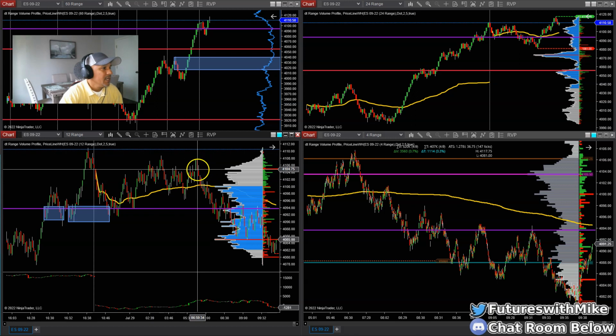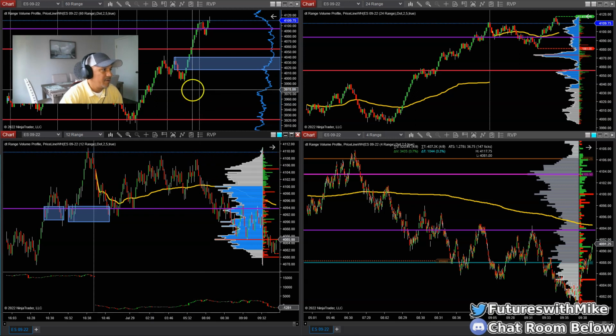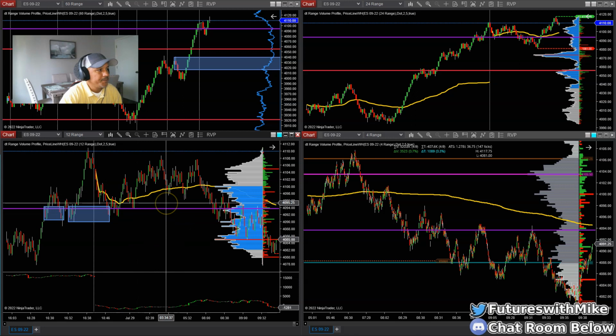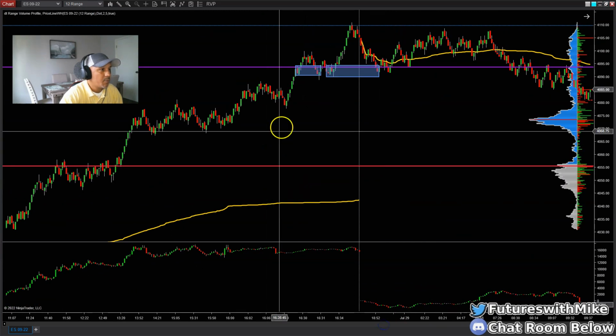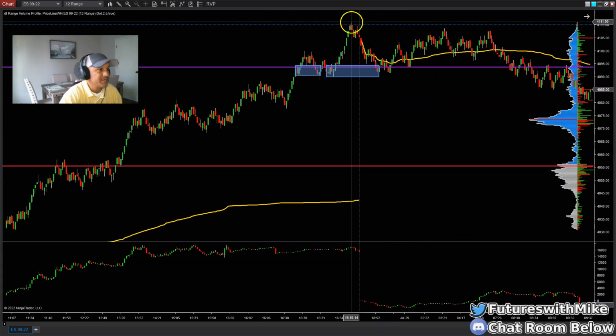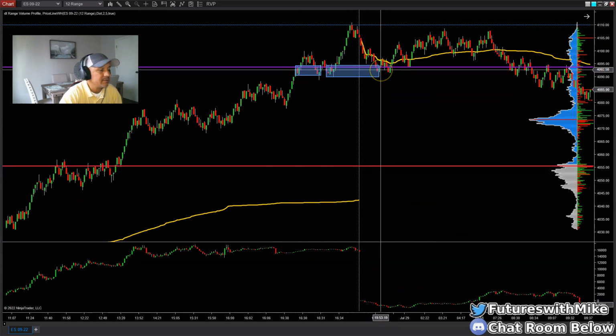But anyways, if I do not see anything on the higher time frame, the 60 range, where we're hitting or into an area of supply and demand, then I start looking at my lower time frame, which would typically be my entry chart, to see if we have any area of supply and demand. In this case, yesterday evening, I noticed when price was pushing higher towards the close of yesterday's session, it pulls back here, right?